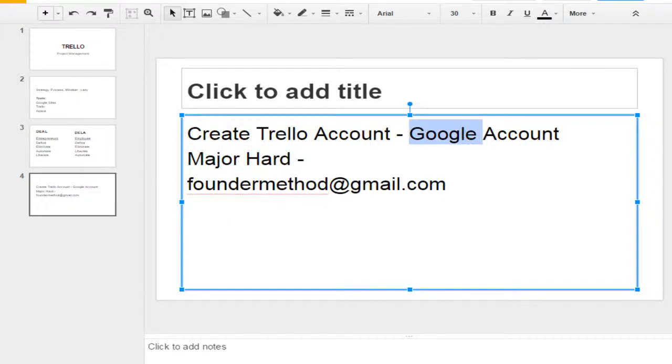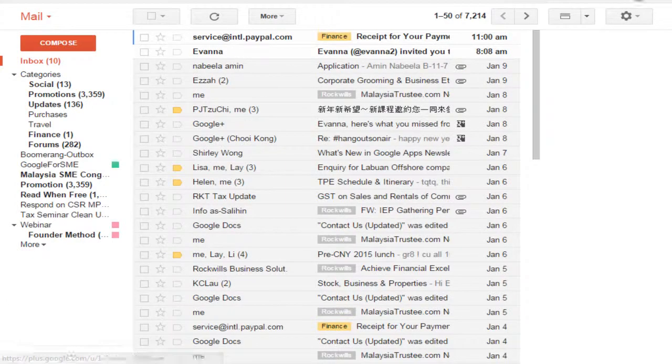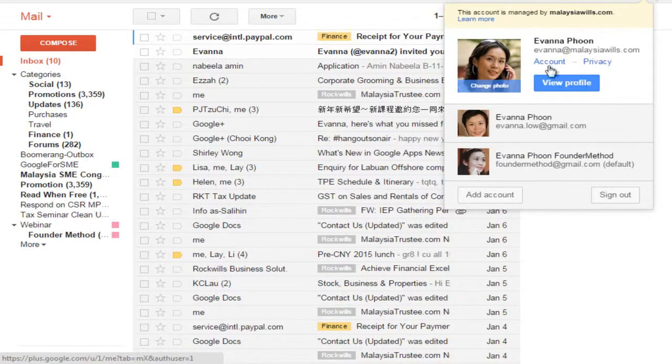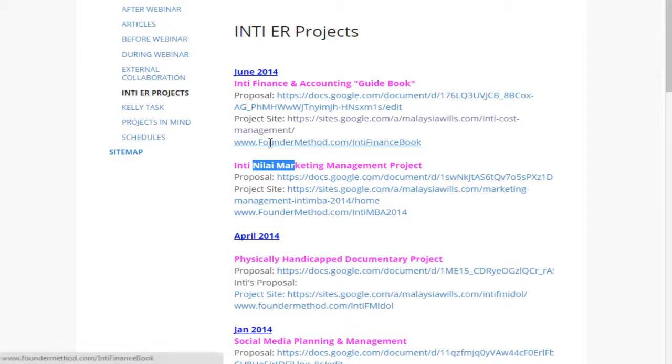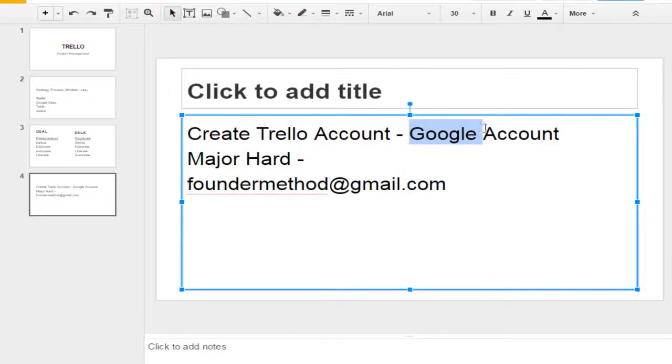It is an example like this. Can you see here? Your company name, your company email, the domain, but you are using a Google platform. So I strongly advise you to migrate to Google platform if you want to make full use of a lot of tools. Don't use Major Heart. I cannot mention the company name because it creates a lot of unnecessary attention.